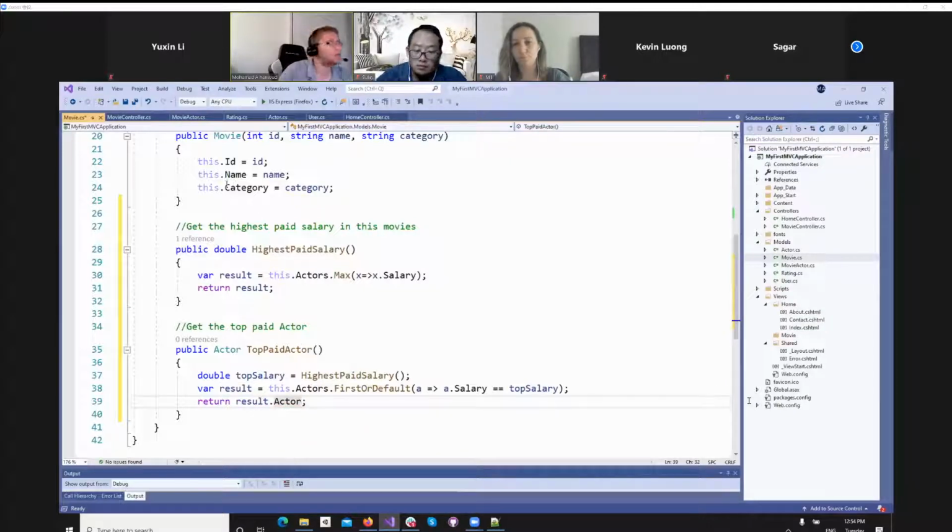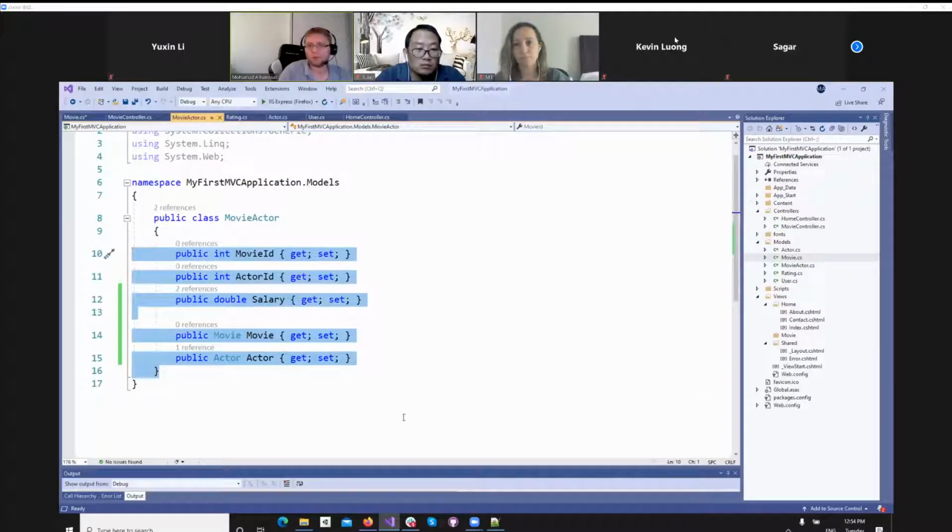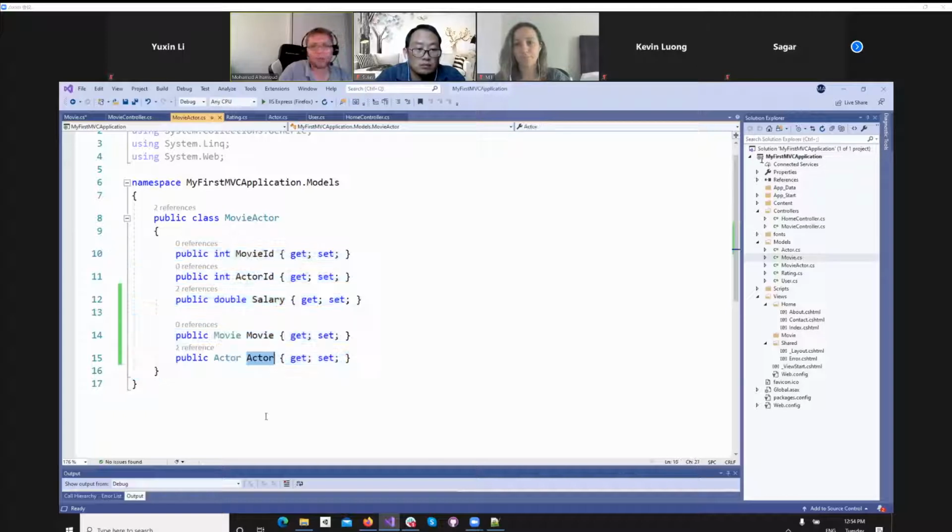Okay, look at this class. The result is all of those. That's the result. You just want this guy, or you can return the ID of the actor. Now, the object of actor or the ID of actor are basically the same thing. One is just an ID and one is the whole object. Knowing one of them is enough for you. So if you know the ID of the actor, it's like you know the whole object. That's fine. So you can either return the ID of the actor or the whole actor object, depending if